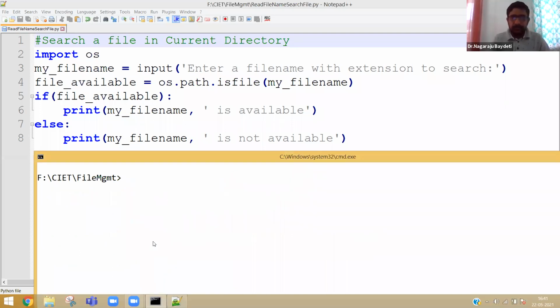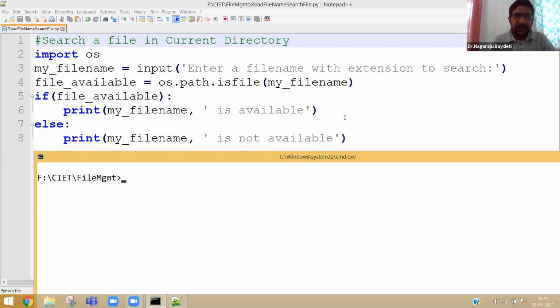Okay. Now, why are we searching a file? What is the need to search a file? One is to learn the concept of how to search a file. The next thing is, in case you want to read the contents in a file, let us not directly try to open the file.